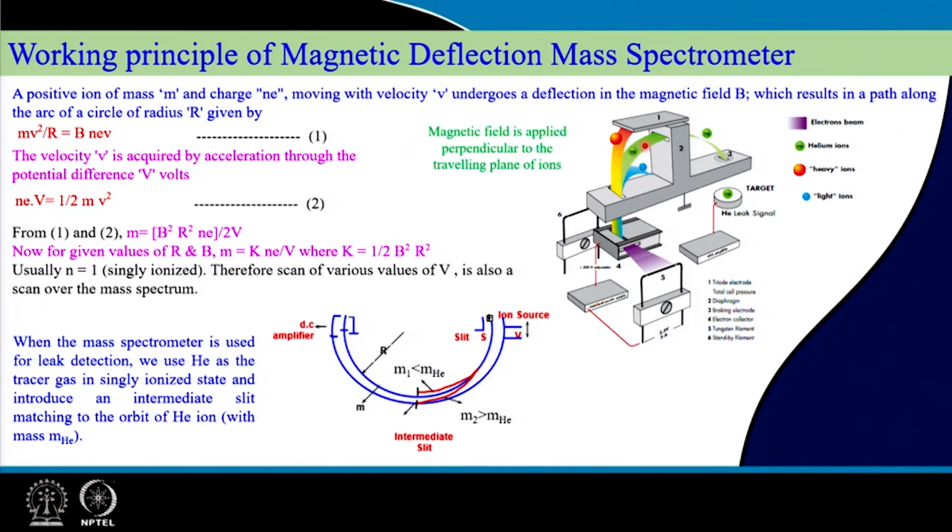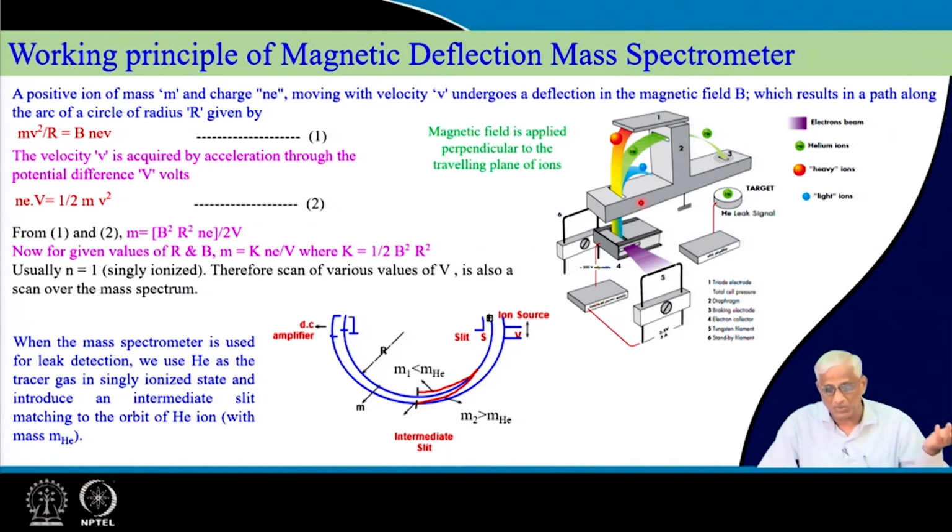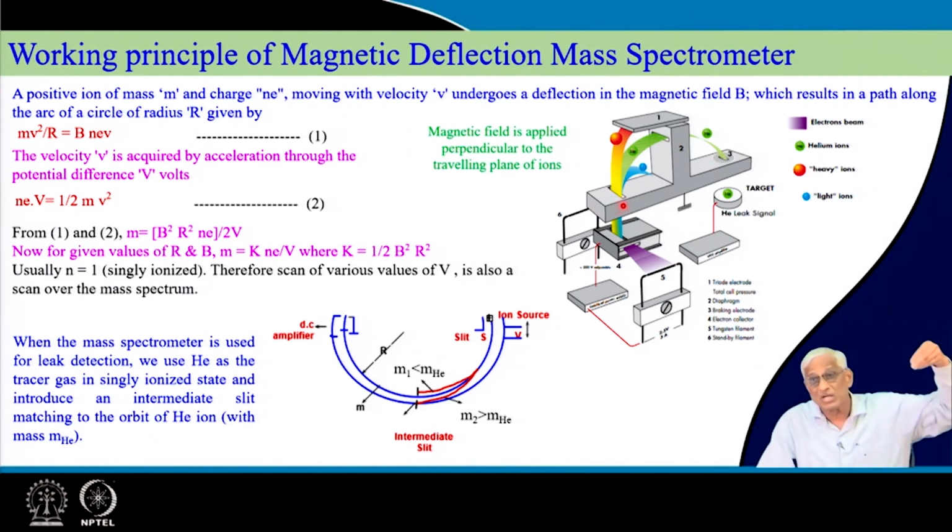So, helium ion will go through a small slit without touching this grounded electrode, it will come out. This is a 180-degree deflection type because of electric and magnetic fields available, and it will reach another slit here and go to the target where it will be charging a particular thing, Faraday cup, and there are so many detectors that will be amplified, and that signal is proportional to number of helium ions entering here, that is proportional to helium atoms, that is proportional to sprayed helium that we are suspected leaks we are spreading, that is proportional